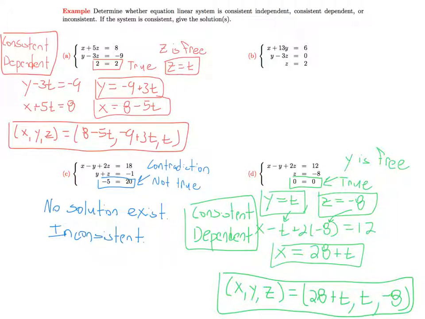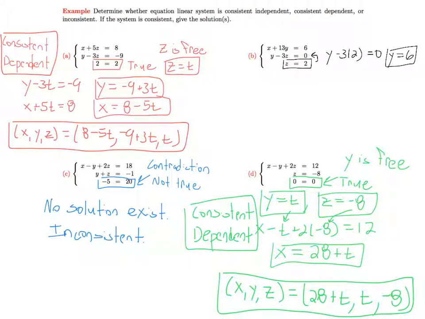And that leaves the last system in B. And in part B, none of the variables are free. So I see from the last equation that solutions must have z is equal to 2. And so I can plug that into equation 2 to get the value for y. So this means y should equal 3. Y minus 3 times 2 needs to equal 0. So that tells me that y